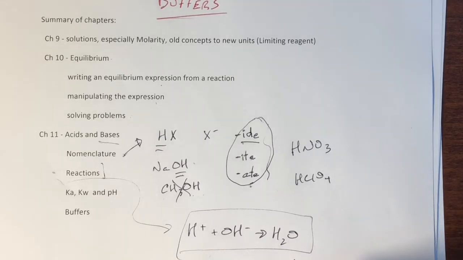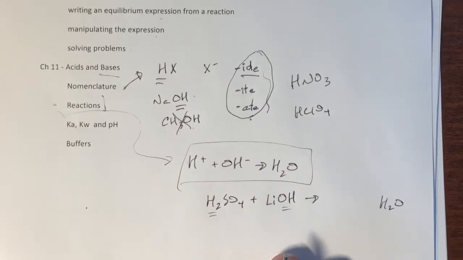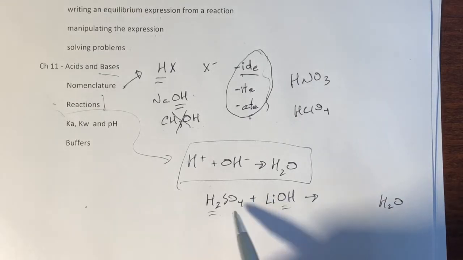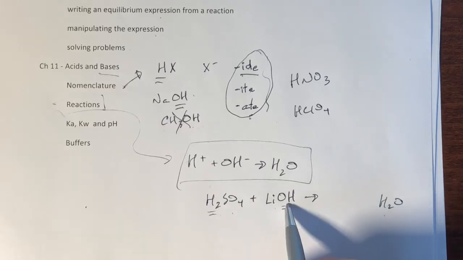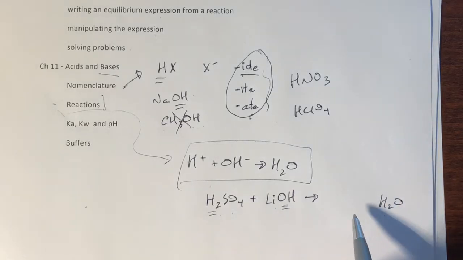And what we need to do is recognize, oh look, we have an acid, we have a base, and so one of my products is going to be water, and then we do whatever mental gymnastics we have to, H2SO4, sulfuric acid, LiOH, lithium hydroxide, the H's and the OH give me water,